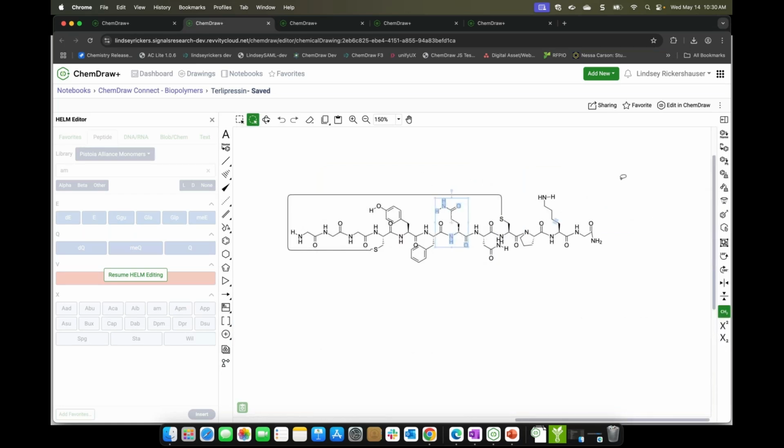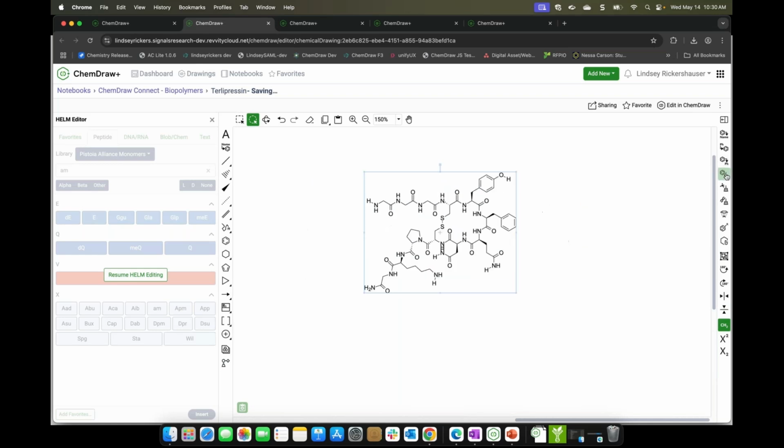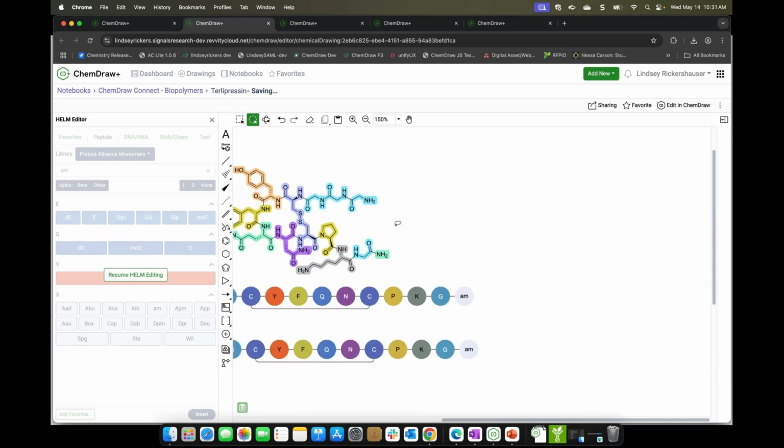If I want to change this to more small molecule, I can start doing some structure cleanups here. Biopolymer cleanup is going to keep that in that straight biopolymer form, so you can map where those residues were in the graphic sequence representation. But if you want to see the true small molecule representation, you can also use the structure cleanup as well in ChemDraw. So you can see it's very quick, very easy to draw and recreate that